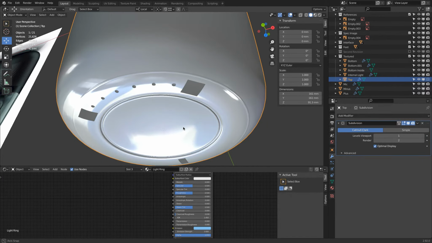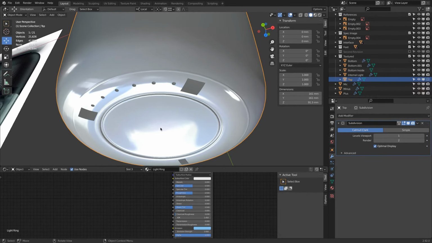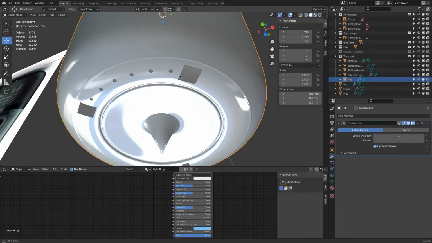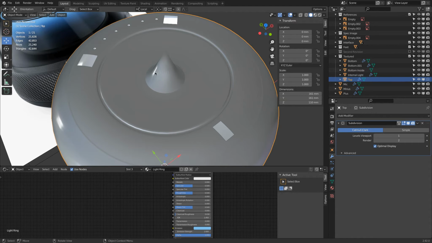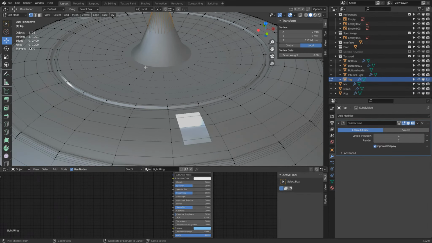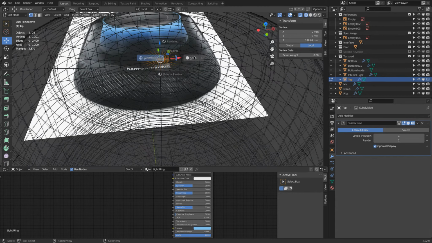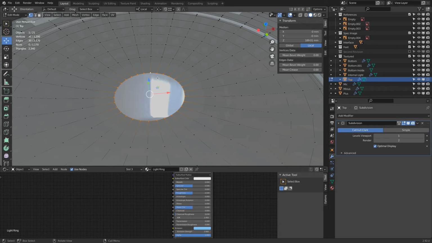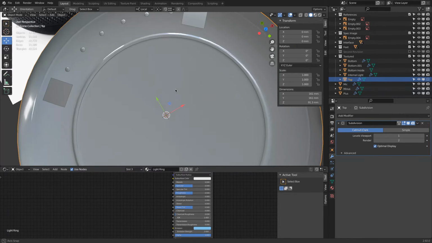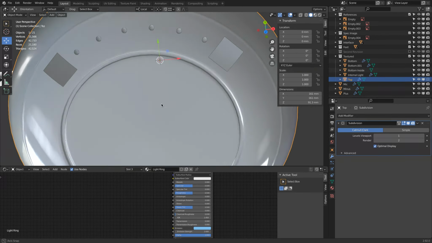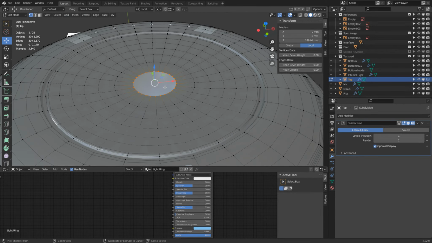So then it looks better, but now you see there is this typical subdivision surface triangular problem. You see how this is very, I mean, it is really terrible. Okay, so how do we fix this better? So what we can do, we delete this point, select all, press F, and we put in an n-gon. Oh, that's even worse. So yeah, what do we do now? Okay,